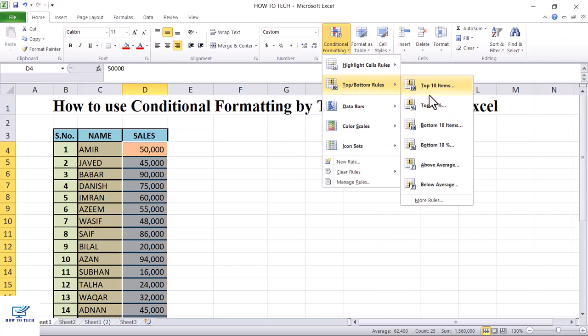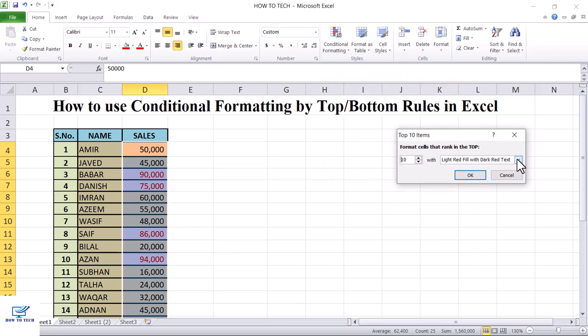And there are different options available: top 10 items or top 10%, bottom 10 items. Suppose I am selecting top 10 items, and here if you will click this drop down, you can see different options are available. Say I am selecting green filled with dark green text. Click on OK,